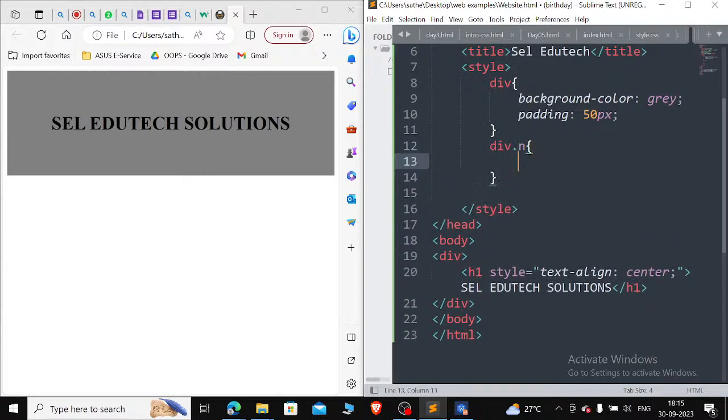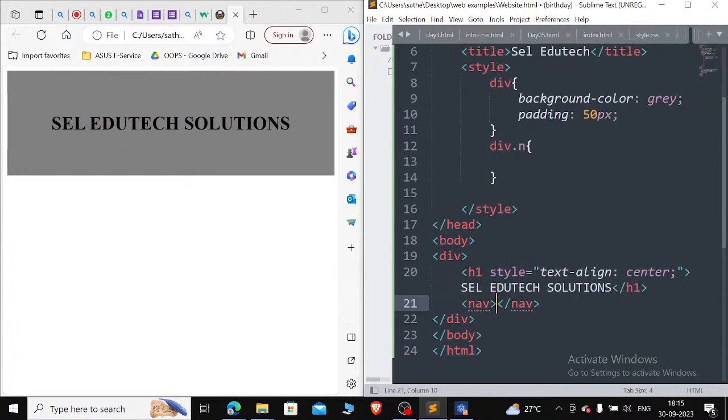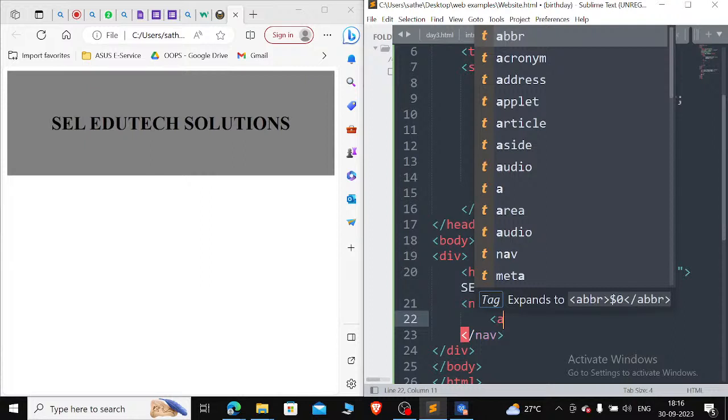I'm opening the curly brackets. First we will try to go with the navigation button. Now, there is a tag available in HTML which is used for inserting buttons. Within that you have to specify the links of those. For inserting a link we are using the anchor tag, right? So anchor tag,